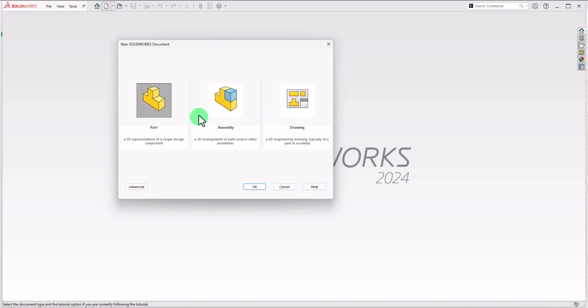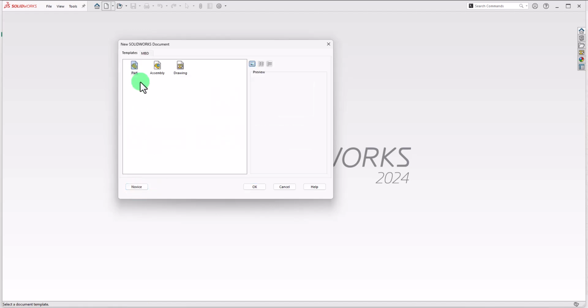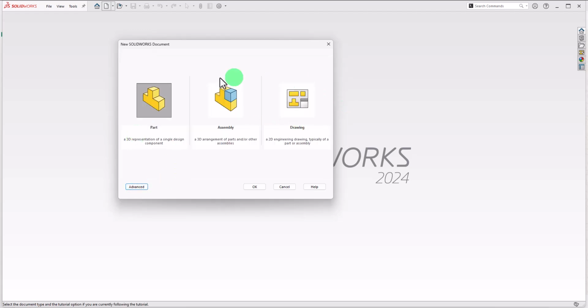conversion of the part's details into a drawing format in orthographic projection, either in first angle projection or third angle projection. There is another option called Advanced here. Here you can also select part, assembly and drawing modeling. If you are comfortable with that, you can select that option. Otherwise you can click on Novice and come back to the front screen. So when you click on part modeling and click OK,